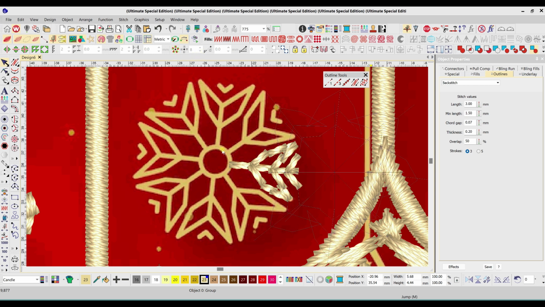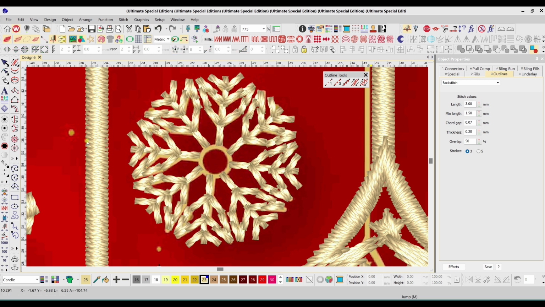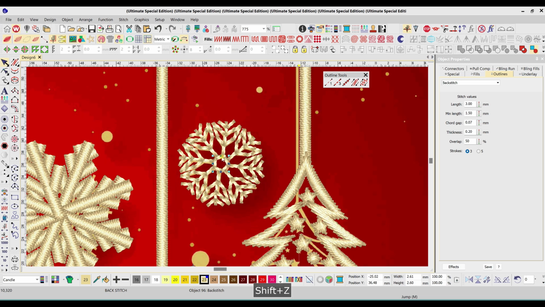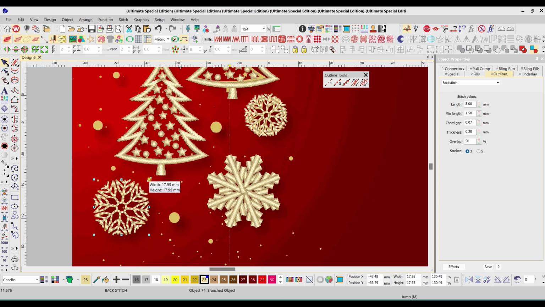Again put the 8 and click in the center of the design and make this to resize it. Okay,